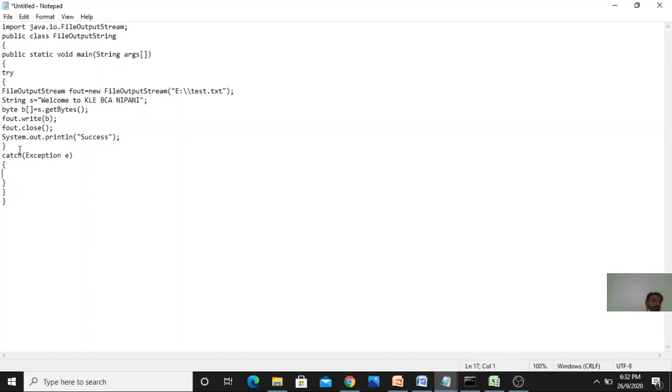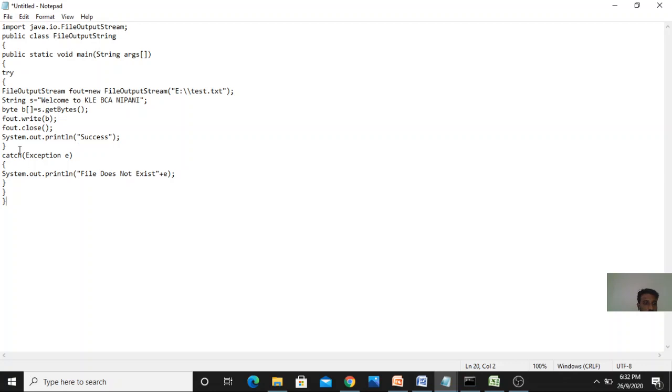Inside the catch block I will just print a message, System.out.println. Here I will write a message, file does not exist.